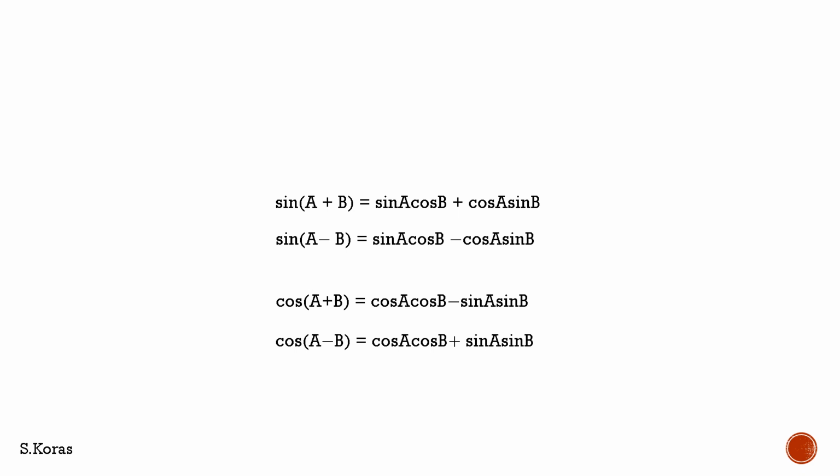Right. Keeping all these formulae in mind, we are going to prove the derivations for multiplication of two complex numbers and division of two complex numbers in polar form. First, let's go to multiplication. Let us consider a complex number z is equal to a plus ib. You know that its polar form is z is equal to r into cos theta plus i sin theta. If z is equal to a plus ib is a complex number, then its polar form is z is equal to r into cos theta plus i sin theta.